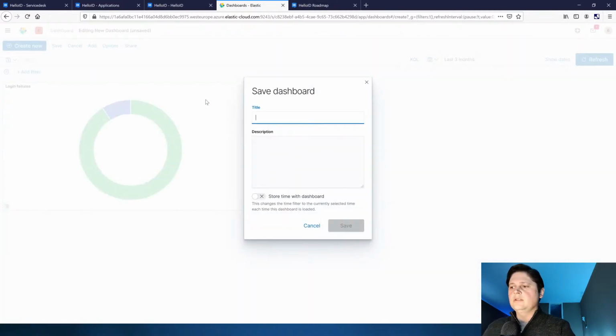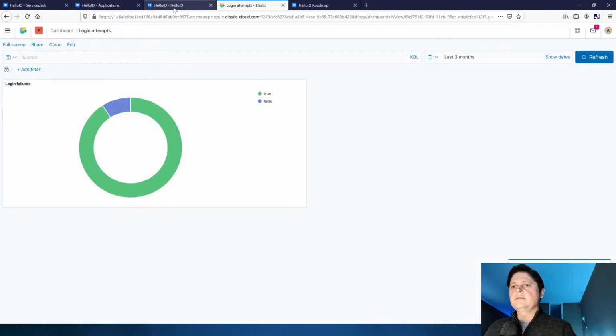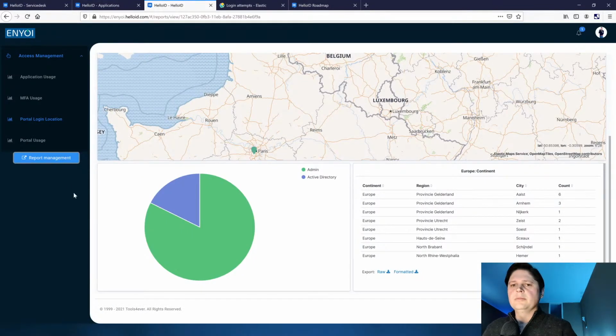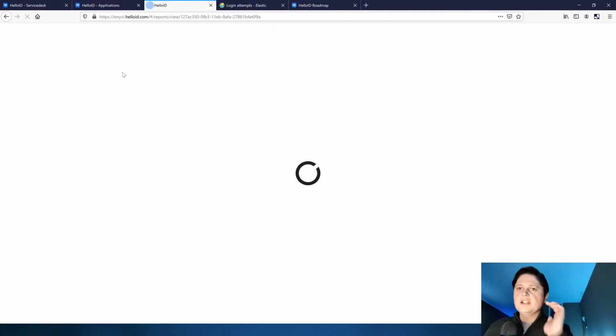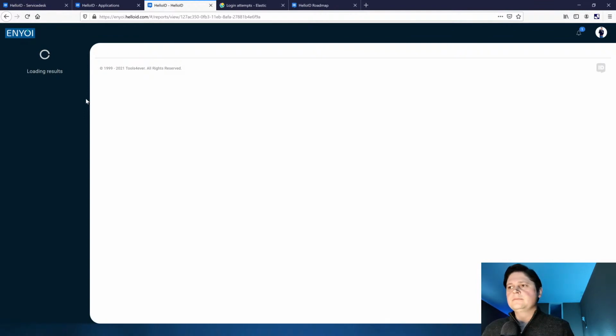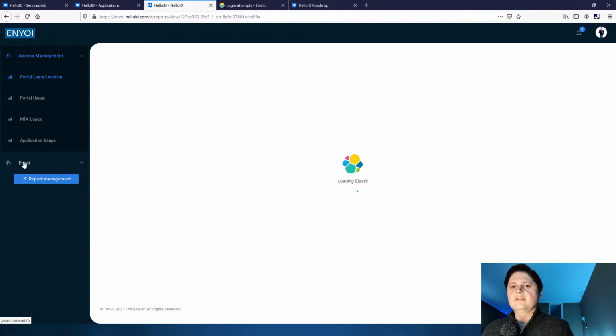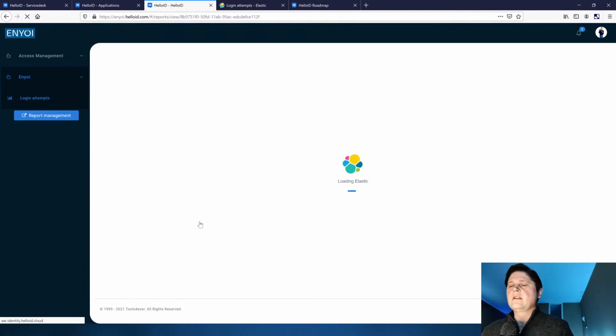I can save the dashboard here and say, okay, login attempts. Let's make it this one. I can save it again. And now if I'm going back to HelloID, so it's really a simple report, but you can do a lot more. But if I refresh the page again, you will see now there's an enjoy, and now there is a login attempts, which is my report I just created. So you can easily create new reports and just show them inside the portal, so everybody can show them